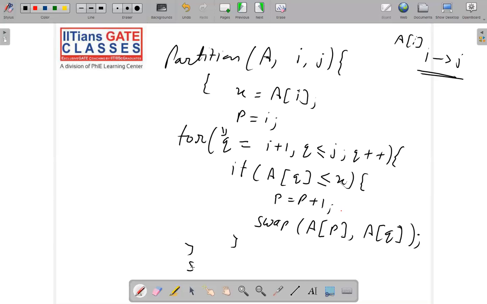And at the end of the loop, we will swap A of P